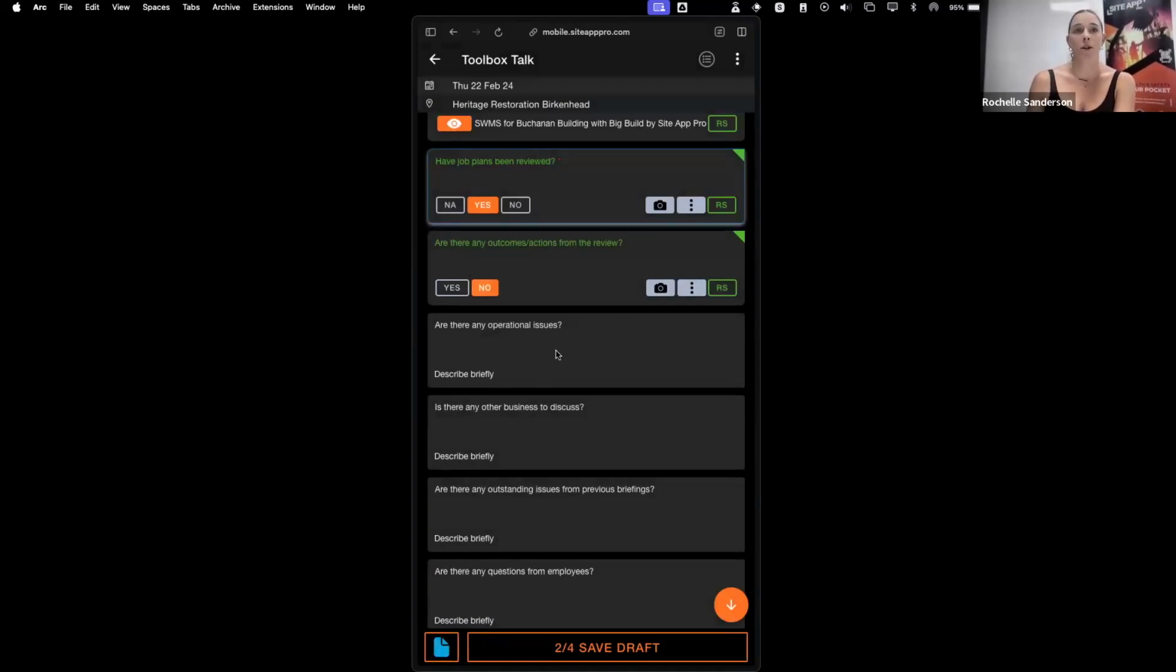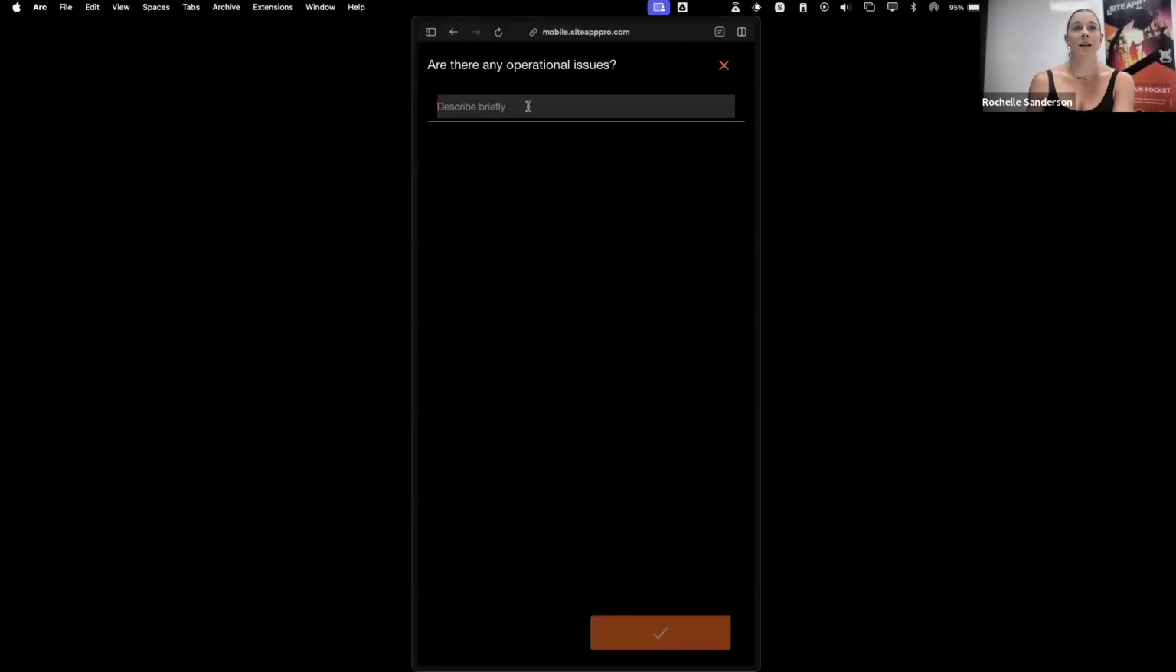Are there any other operational issues? We might want to type this in here. Really handy as well if you've got an iPhone or you have that talk to text kind of aspect within your keyboard. You can click on the little microphone, talk into your phone, and then it'll just kind of type it out for you. Just bear in mind, it does take a little bit of time for the device and your AI in your phone, like your Siri, for example,